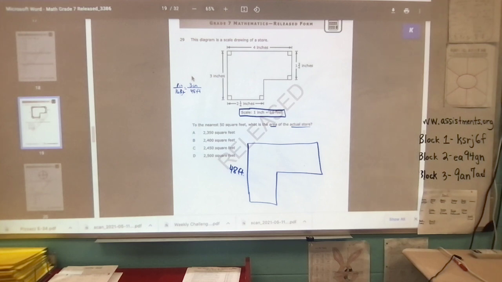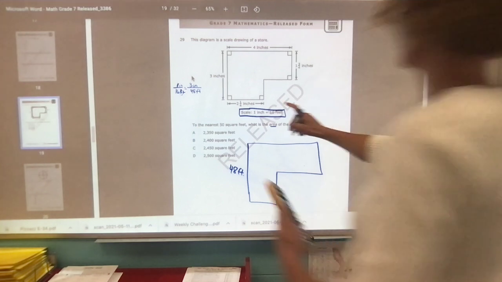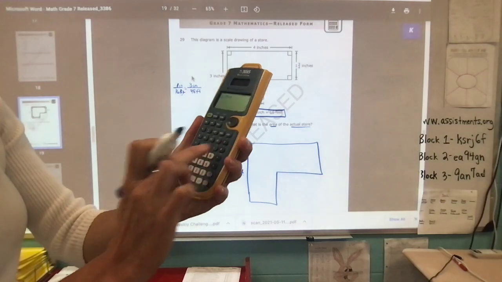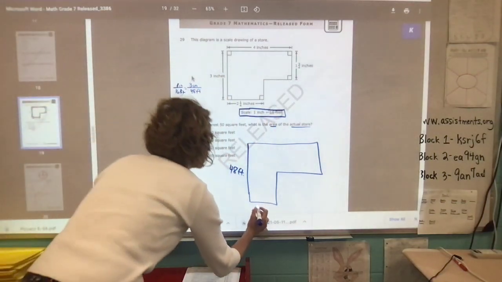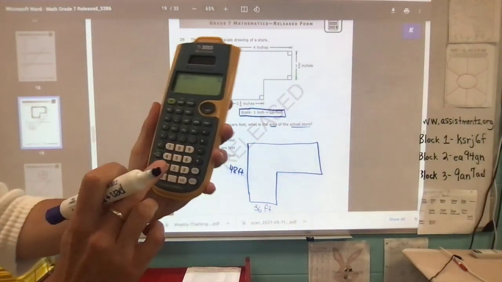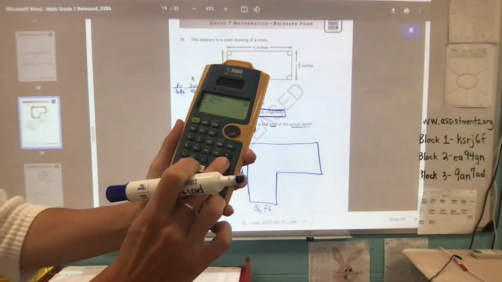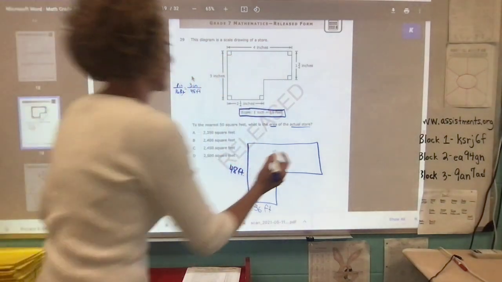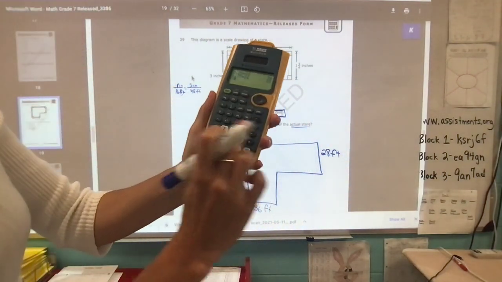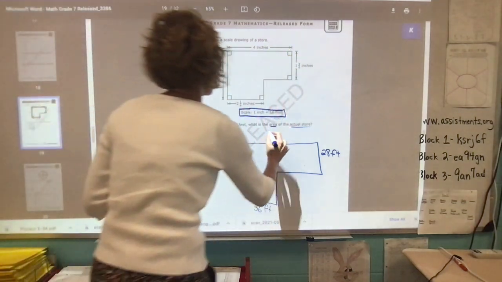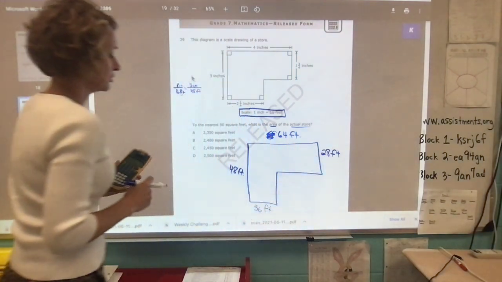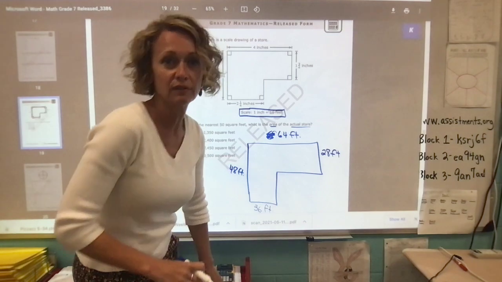So I went down to the bottom length and I said, okay, 2 1/4 inches, if I multiplied that by 16, I plugged in 2.25 times 16, and I got 36 feet. For this 1 3/4 inches, I changed that to a decimal in my head, and I said that's 1.75 times 16. That's 28. This dimension up here is 4 inches, so I said 4 times 16, that would be 64 feet. So, I've got a model, and now I could go through and get the area of that store